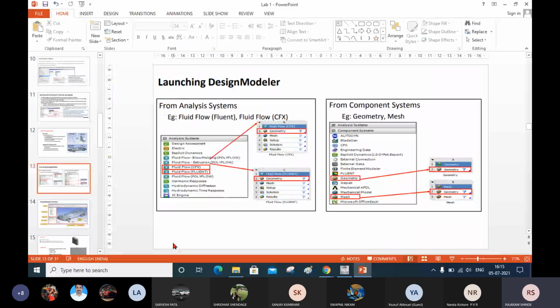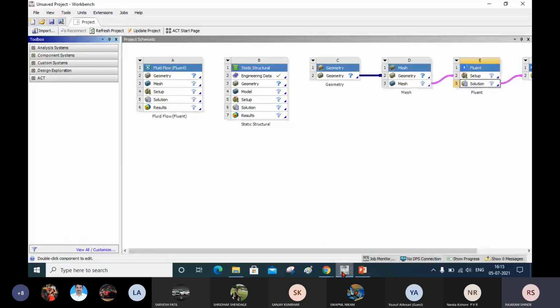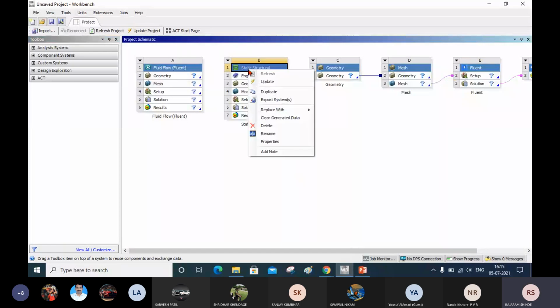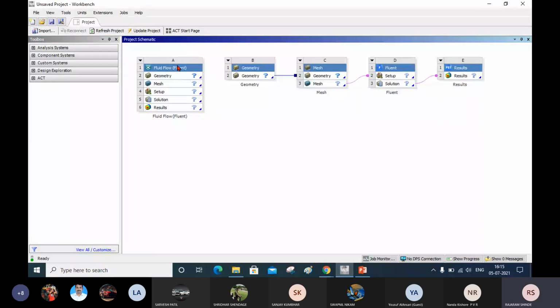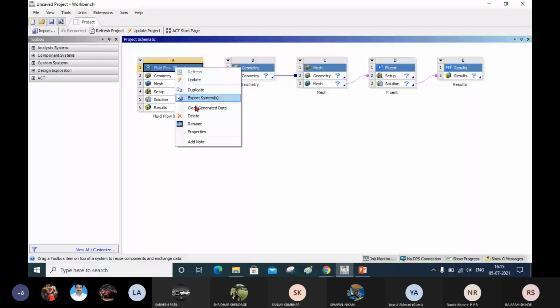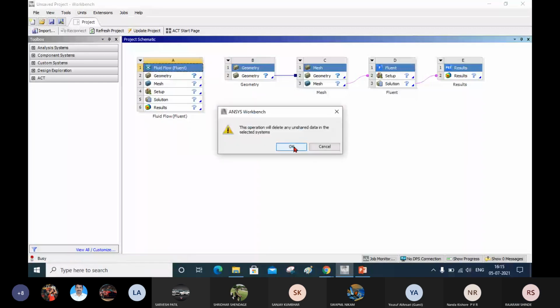Again I will go back to this one. Now I will delete all the things and I will just keep, you just right click on that name and delete it. It is deleted. I will delete this fluid flow also. Okay, I will cancel it.